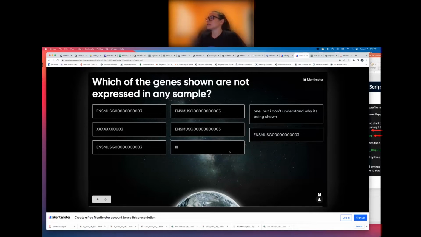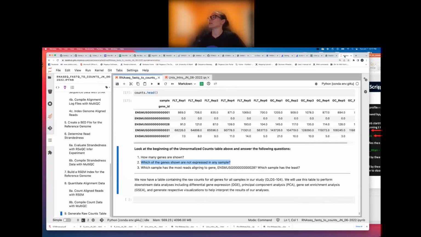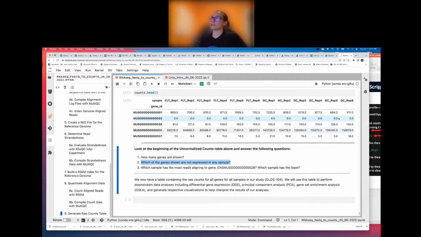Everyone says the gene ending in 3. Ones that understand why it's being shown. Okay, great question. So yeah, you guys who said the gene ending in 03 is correct. So this gene is not expressed in any sample. And the reason that even though it's not expressed in any sample, it's being shown, is that we haven't done any filtering